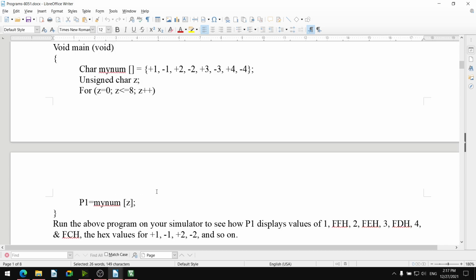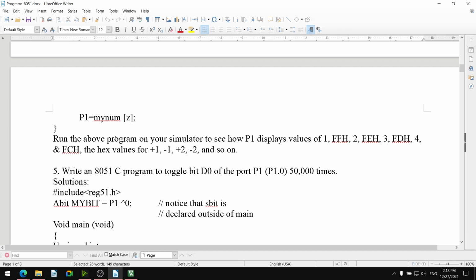Okay, so we have to save +1 -1 +2 -2 +3 -3 +4 -4. How many values? 1 2 3 4 5 6 7 8 values. Unsigned char z, z equal to 0, z less than or equal to 8, z plus plus.